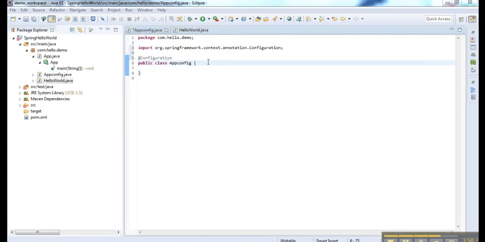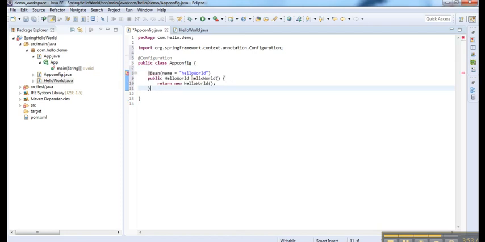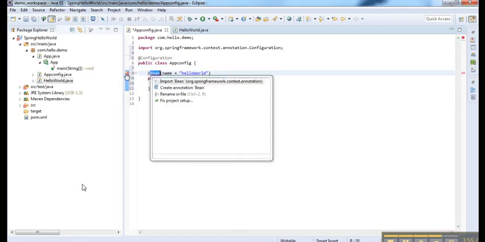Now the next part is to specify the bean in the configuration file. As we know, HelloWorld is the bean, and we will specify this bean in AppConfig. For specifying the bean, you have to use the @Bean annotation. This @Bean annotation is used to specify the bean name and many more things. It will link that bean by using the name helloWorld.